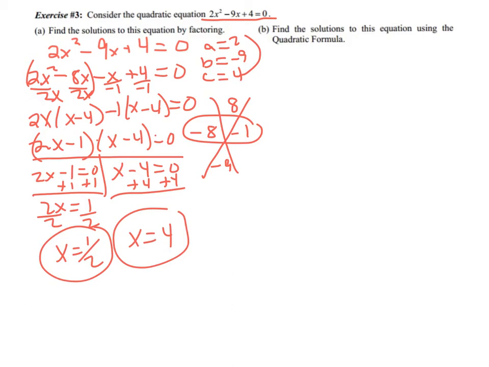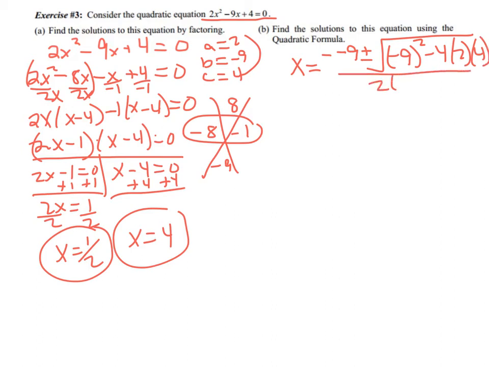Well, we're going to move on and do the quadratic formula. So we already know that that's x equals -b, so I need the negative of a -9. Notice that double negative there. Plus or minus the square root of, now be very careful here, make sure your -9 goes in parentheses when you're squaring it. If you do it on the calculator and you don't remember that, and you do -9, it will only square the 9, it'll tell you a negative answer. We know a negative times negative is positive. So then minus 4 times a is 2, times c is 4, and the whole thing is divided by 2 times a is 2. So as I go through this process here, the -9 is positive 9, plus or minus